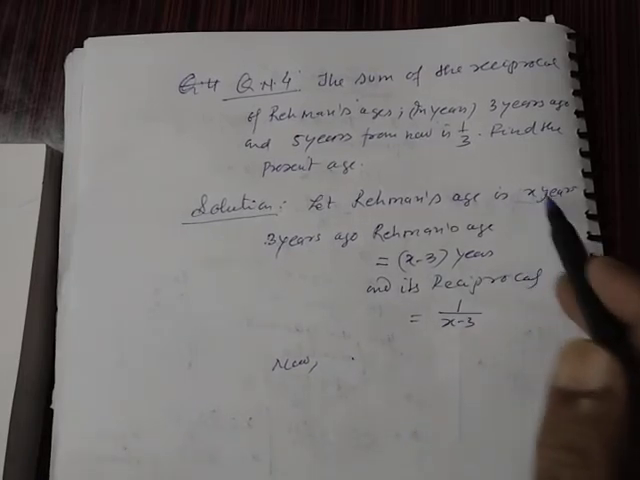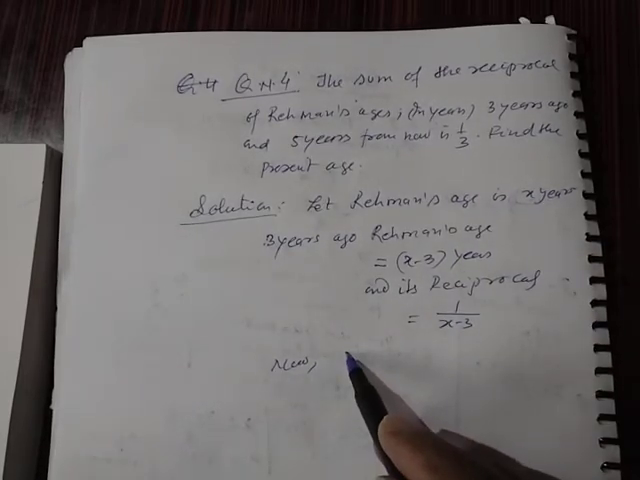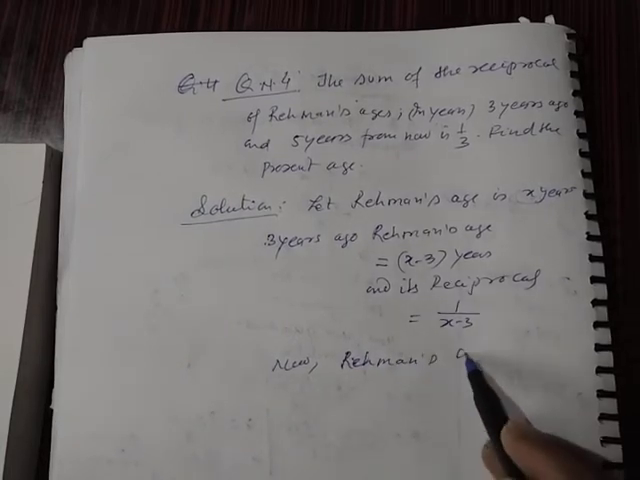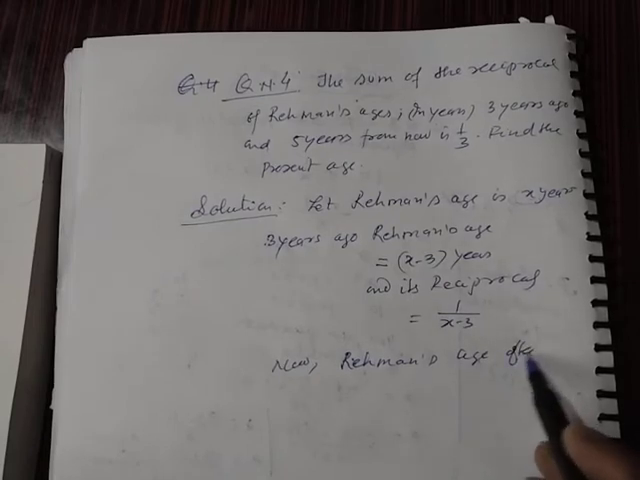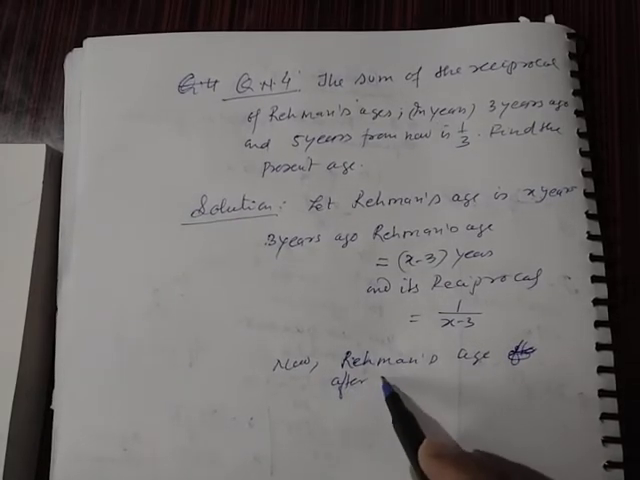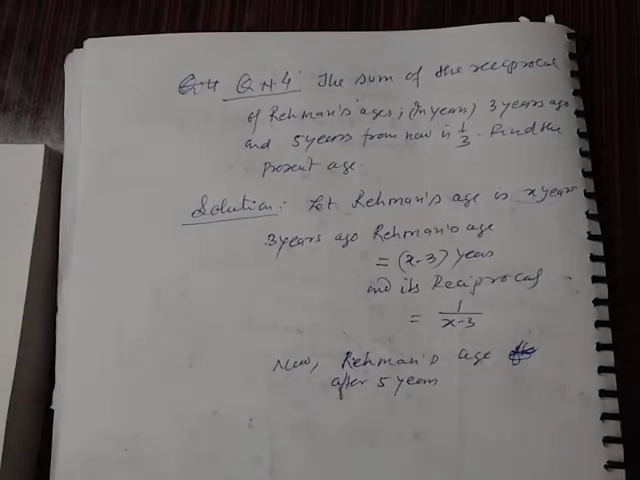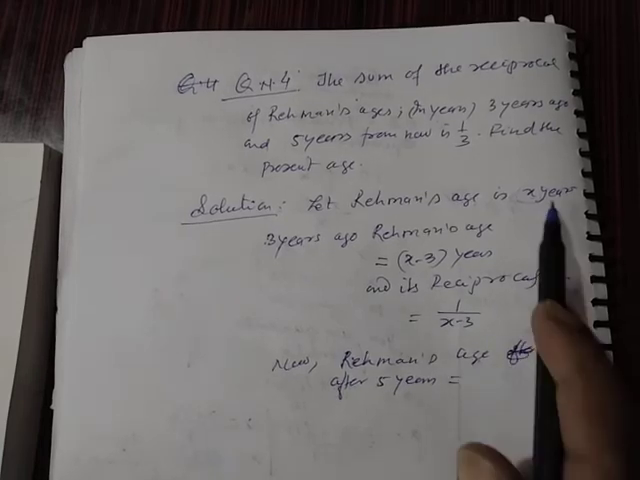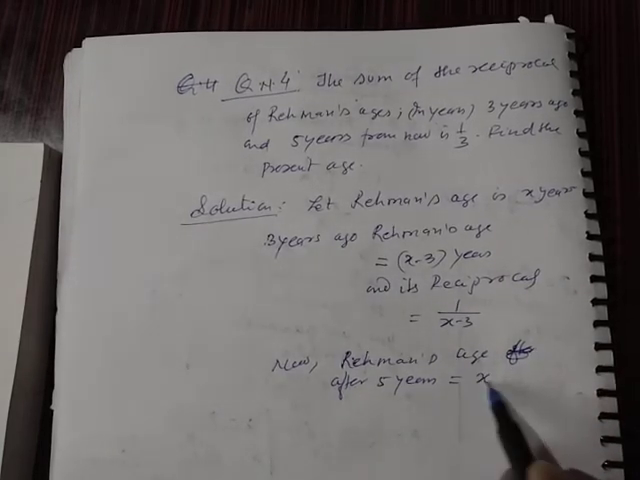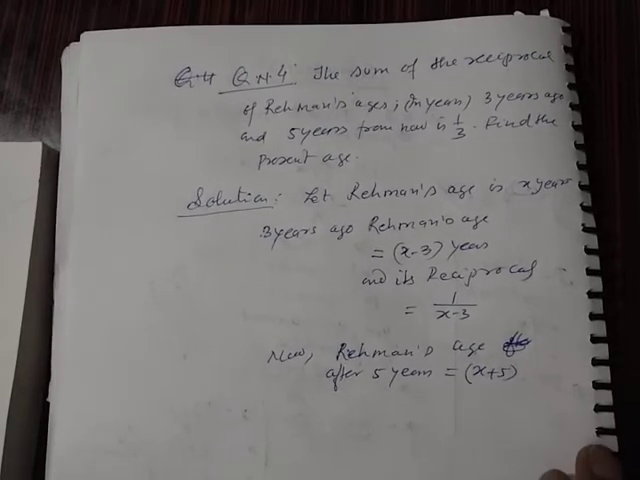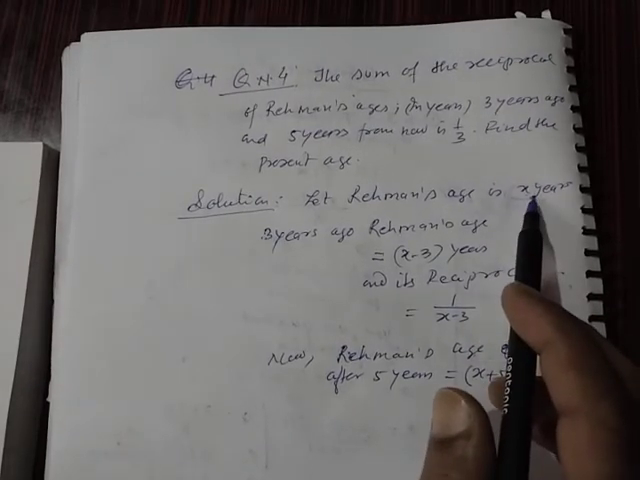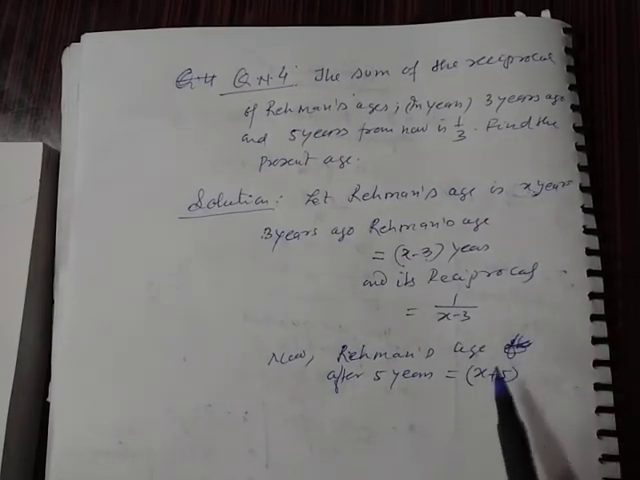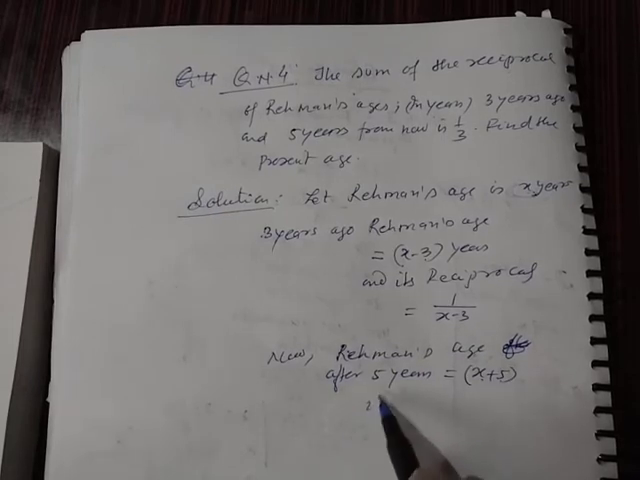Now present age of Rahman is x years. Then Rahman says 5 years from now means after 5 years. Present is x years, then after 5 years age will be x plus 5. स्टूडेंट प्रेजेंट एज आपका x है, तो 3 साल पहले आप कितने साल के थे? x minus 3 years होंगे. प्रेजेंट एज आपका x ईयर है, तो 5 साल बाद कितने होंगे? x plus 5. Its reciprocal